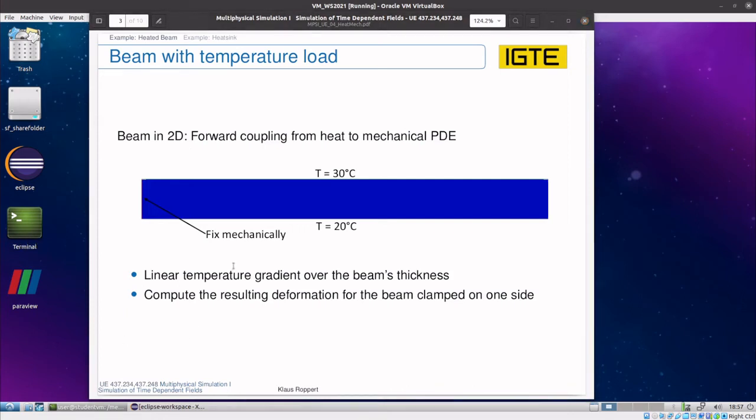In the following example, we will consider a coupled problem, and the coupled problem is a thermal mechanics coupling of this very simple 2D example. So the setup is quite simple. We're having a 2D beam with a certain height and length, and since we're considering a coupled problem, so thermal